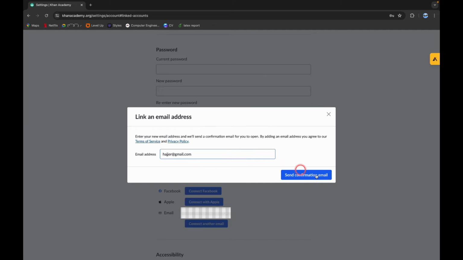After that, simply click on send confirmation email and you'll receive a confirmation on your email, and there follow the procedure that is asked, and following this simple and easy step, you have successfully changed email on your Khan Academy